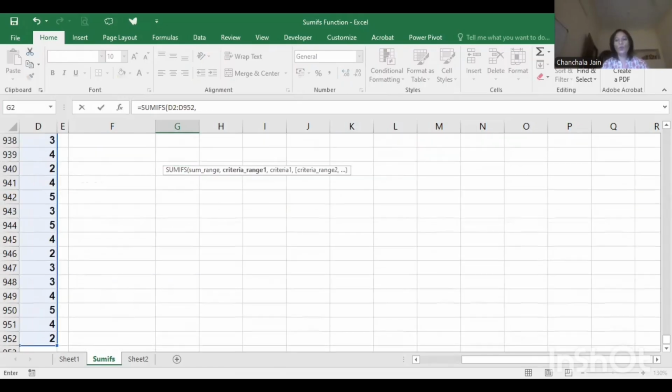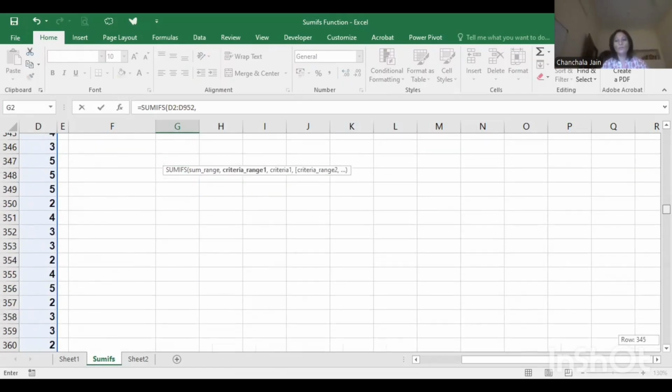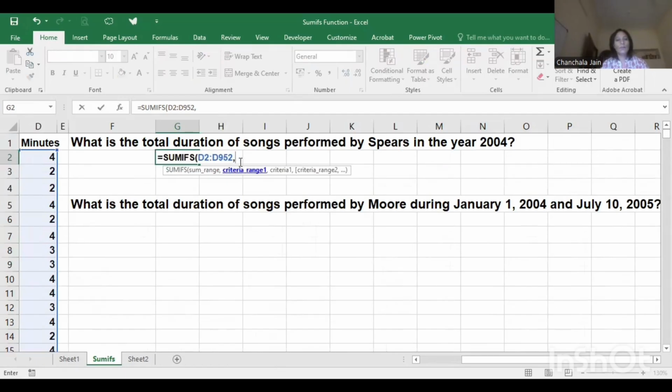After this, you need to put a comma, and then after this, you need to give the criteria range. So the criteria one is the last name of the singer. So I am writing B2 colon B952. After the comma, in the double quote, I am writing the name of the singer, which is Spears,